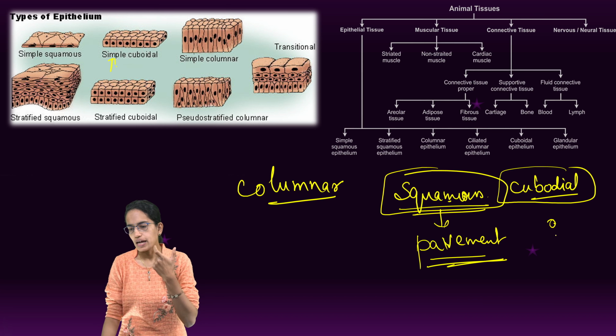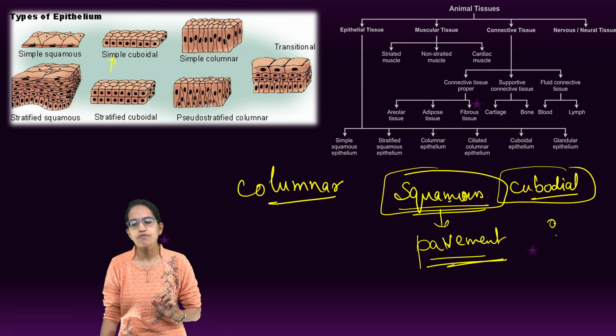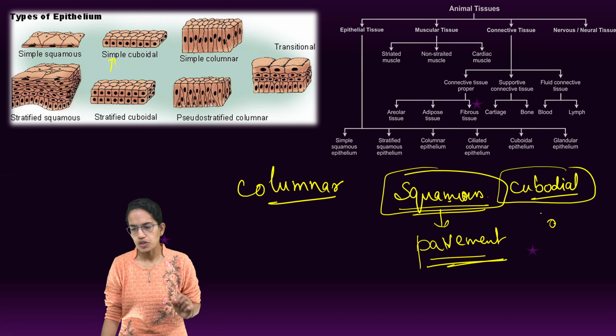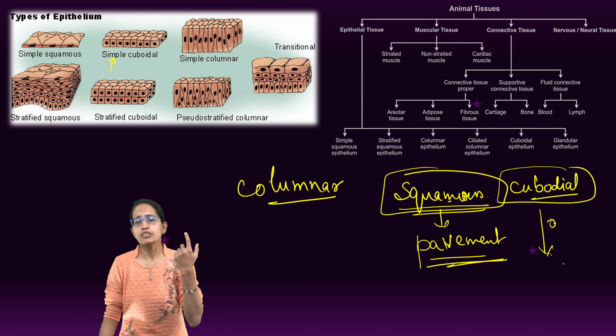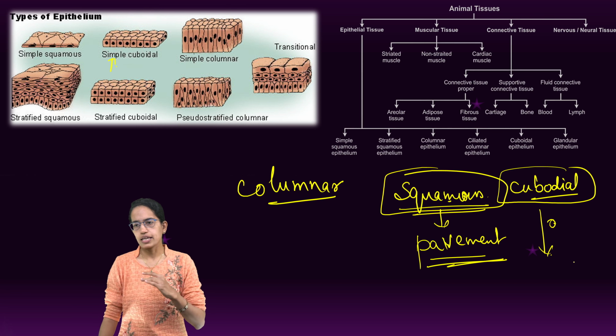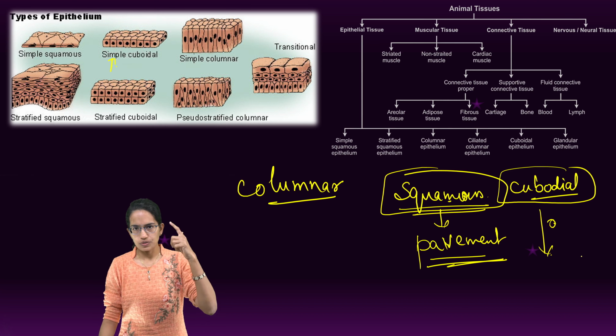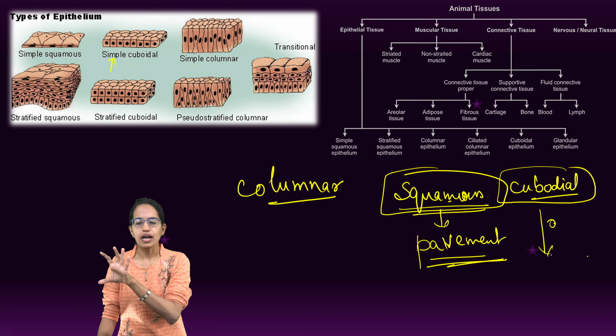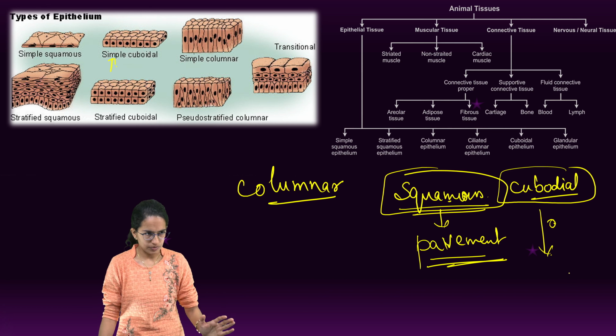Now, where are they present and what is the function? The most important functions of cuboidal epithelial cells are excretion, secretion, and gamete formation. So those are some of the common functions. Now, where are cuboidal cells present? Cuboidal cells are present in the germinal epithelium of the gonads. It's also present in the endocrine system, for example in the thyroid. In the case of pancreatic glands, you have cuboidal epithelium. So to best understand, you can keep in mind the major endocrine glands. That would give you a rough idea about where cuboidal epithelial cells are present.